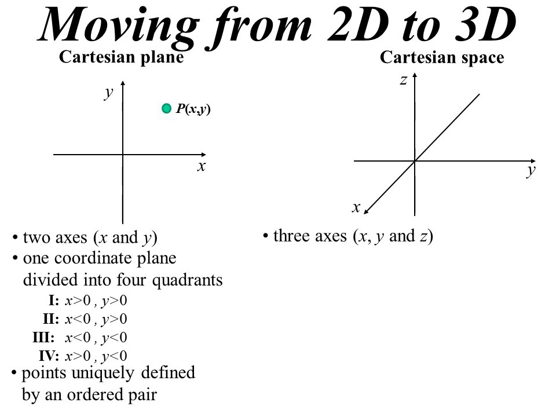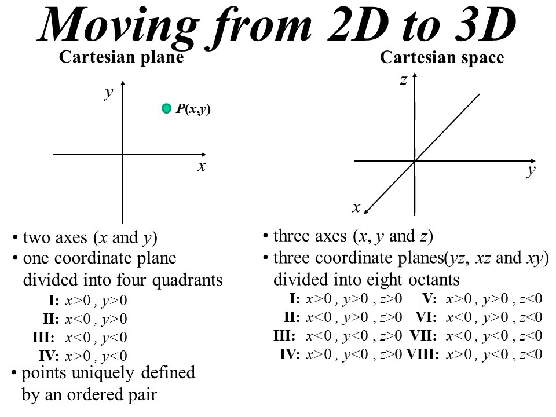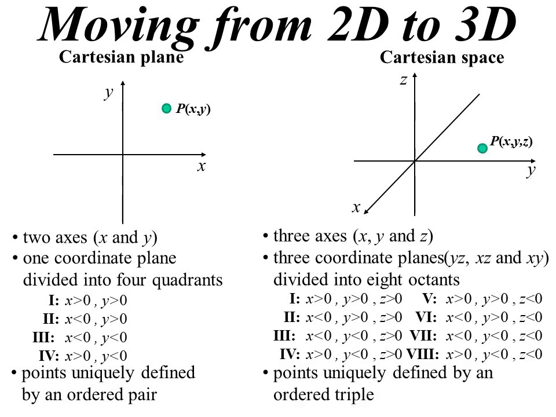So we now have 3 axes, x, y and z. But we have 3 coordinate planes. There's the one we're used to seeing, the xy, but now there's an xz plane and a yz plane as well. And it's broken up into 8 octants. The first octant being the one where they're all positive. And again, we go around anti-clockwise, but then we drop down to the negatives and go around anti-clockwise again. But our point now is defined by an ordered triple, and we do it in the logical order, x, y,